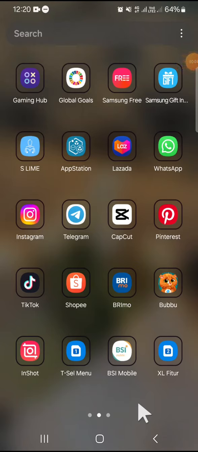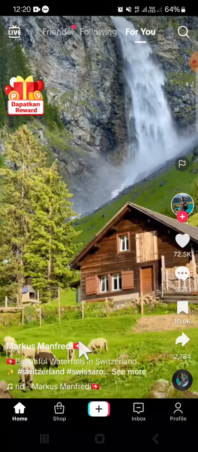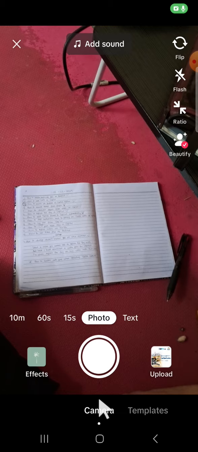In today's video, I'm going to show you how to disable autosave when uploading TikTok posts. Okay, first of all, let's just open our TikTok application on our phone, and I'm going to create a post on my TikTok. So I'm going to click on this plus button, and for example, I'm going to upload a